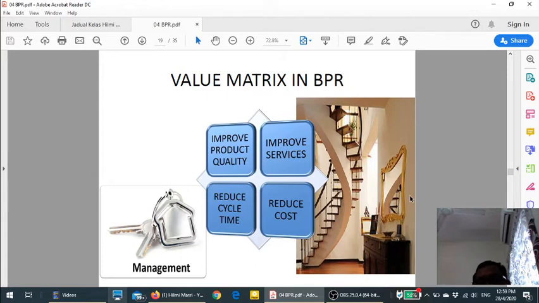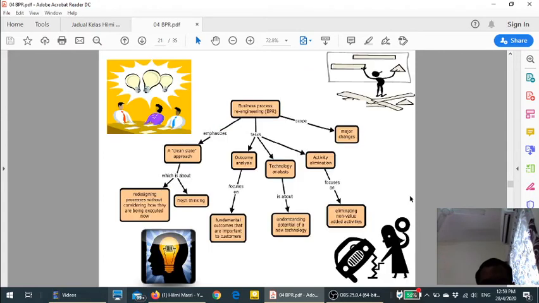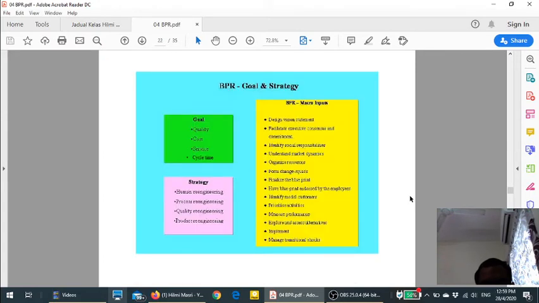Cycle time, like when you conduct the maintenance, the services. We want to be as efficient as possible. We want to get the work done as quickly as possible with the highest standard. Okay, so all of these are theories that we can relate towards the property management process, the property management profession.